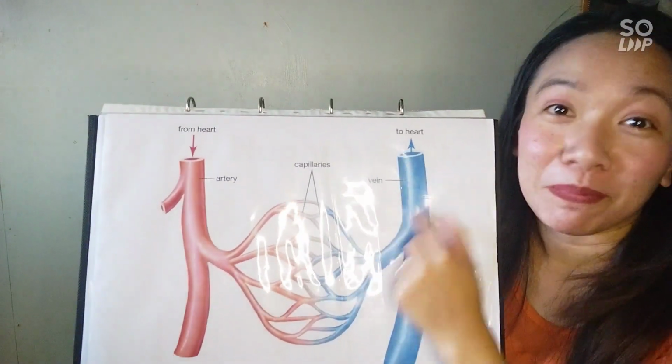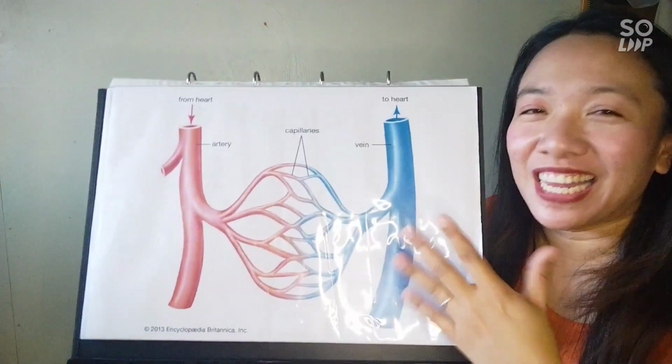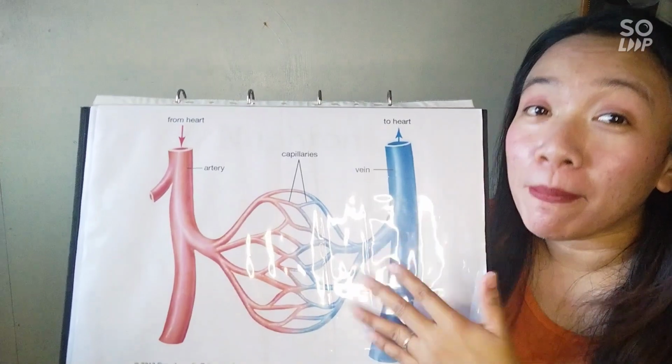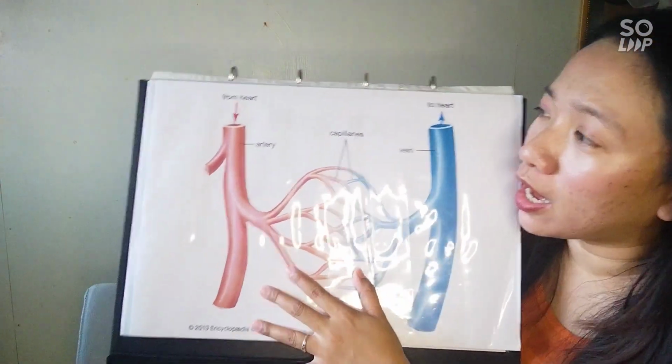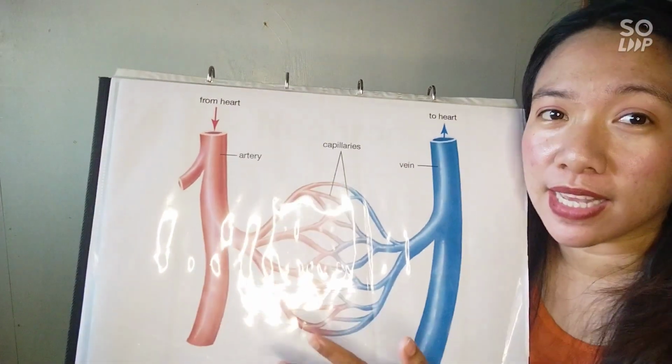Vein. Dapat B talaga yan. So, kailangan lang, di ba, mas ma-associate natin. Pabalik ito sa puso. So, yung artery naman, sila yung mga largest, mga thick sila ng mga blood vessels kasi